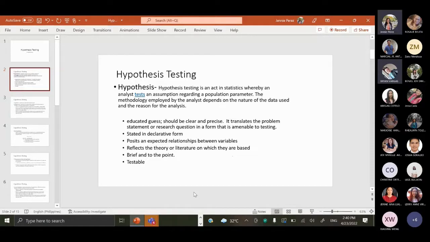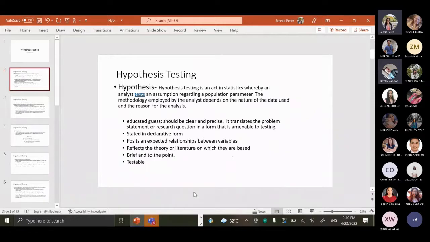So when you say, is there a significant difference in anxiety between the males and females? That is your specific problem. And then you state your hypothesis. You have a problem, then you should have a solution. You should propose a solution. So that is where